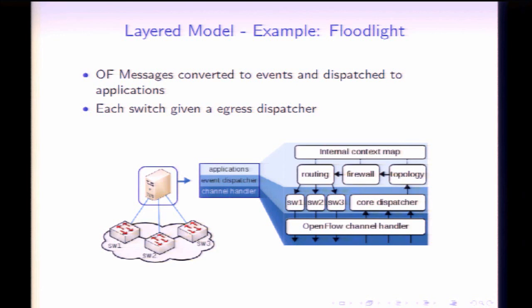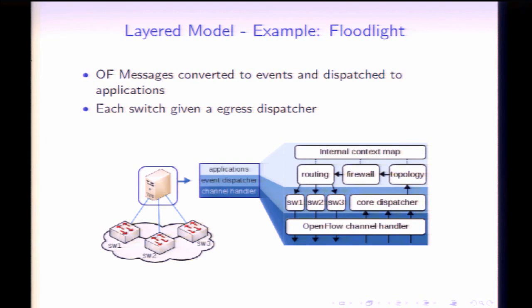So the OpenFlow channel handler receives and sends OpenFlow messages. The core dispatcher is the ingress part of the dispatcher, which turns these messages into events. Each of these events is dispatched to various types of Floodlight modules, which might create topology mappings, behave as a firewall, or calculate routes for some kind of routing algorithm. And whenever one of these modules needs to configure a switch, they would write out through one of the egress dispatchers,